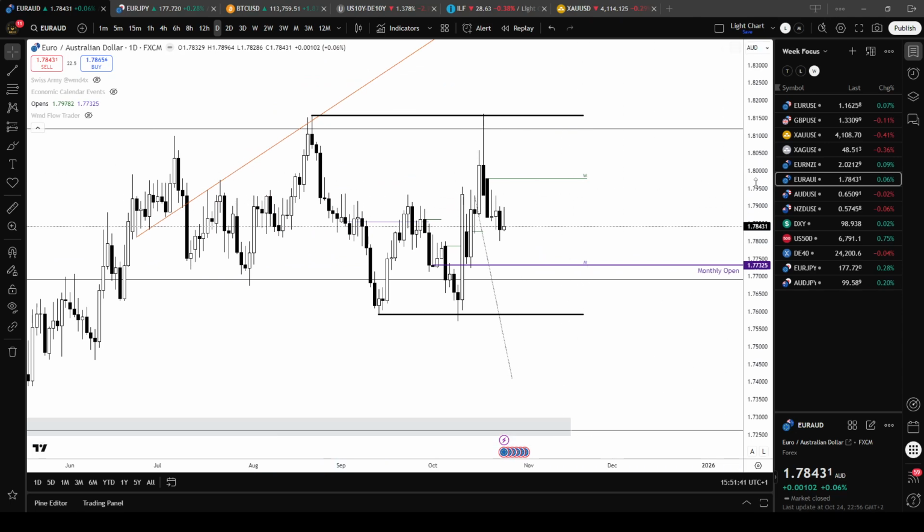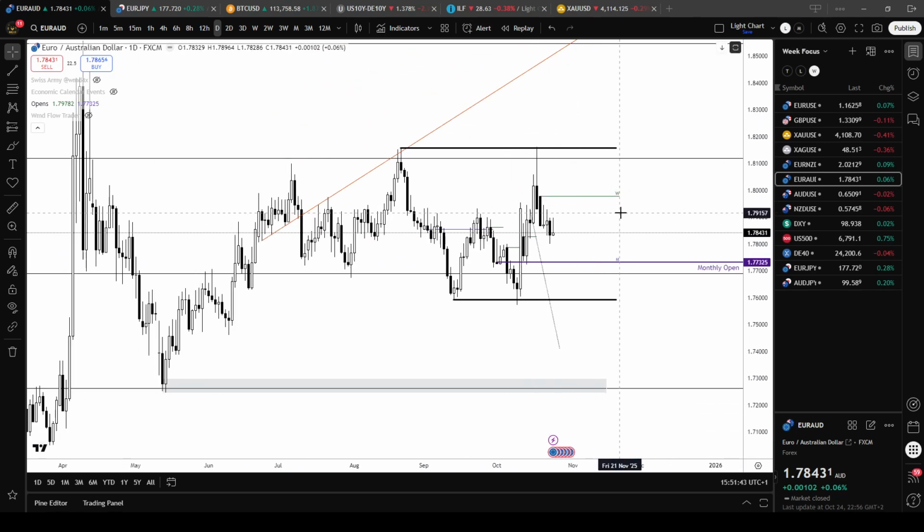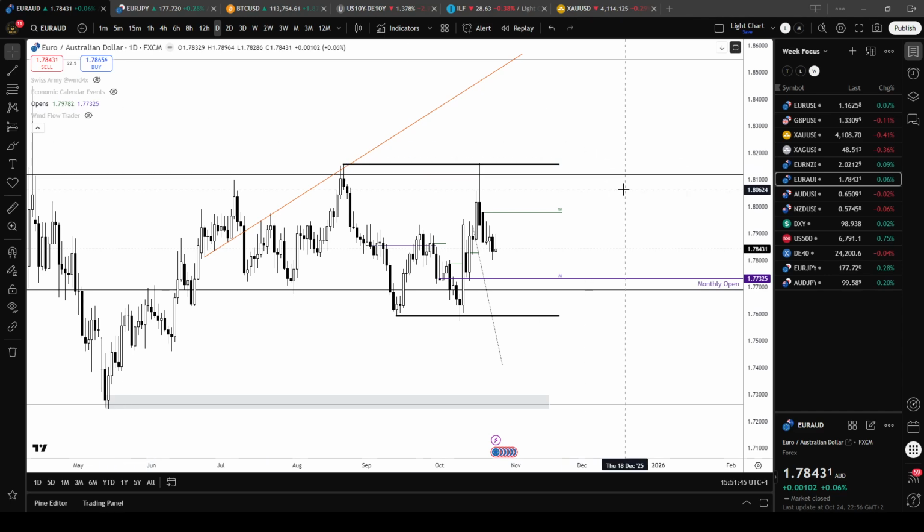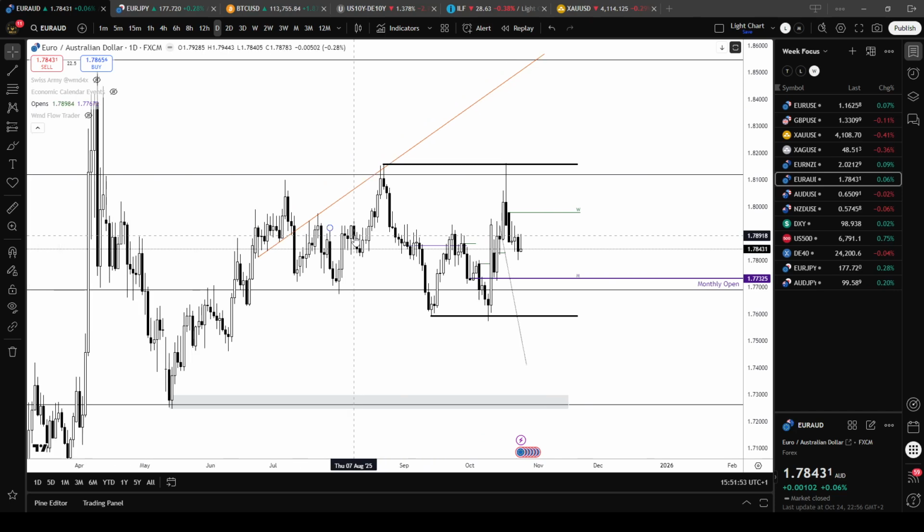So with this one, price is pretty much sitting at the half of the range. So nothing's really clear to me. I'm leaning bearish, slightly bearish on AUD, mainly because we come from taking out this high here,